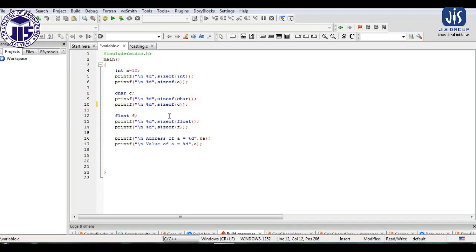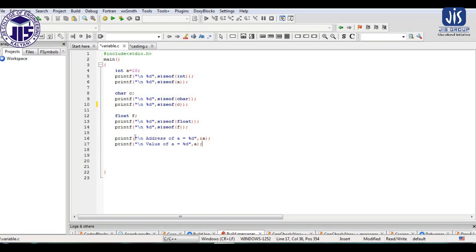And in all these printf statements, we find out the size of the data type as well as the size of the variable. That is sizeof, an operator through which we can find out the size of any data type or the size of any variable. So here it is the data type, size of the data type, or size of the variable name also. I will show what the difference or similarity is between these two statements.